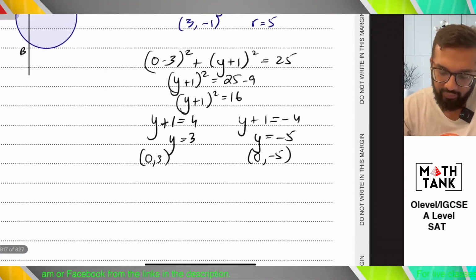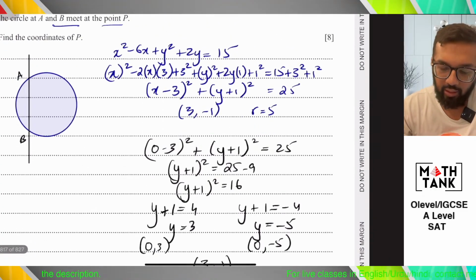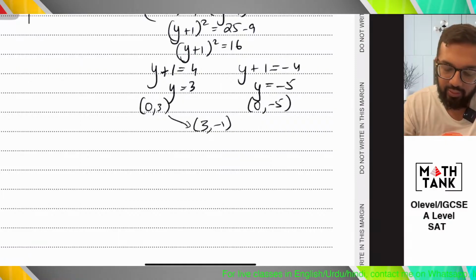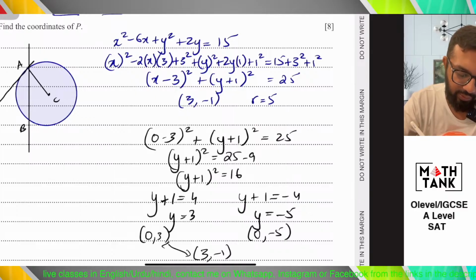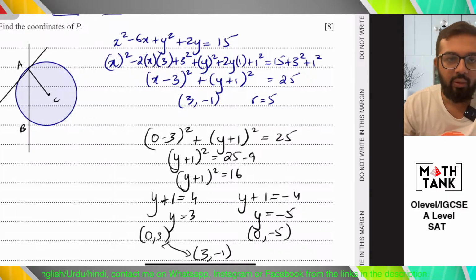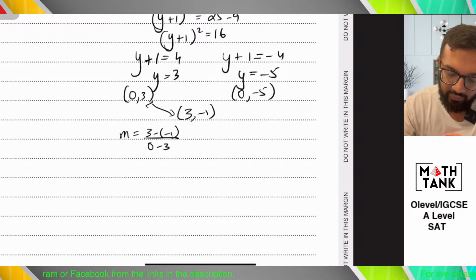For the equation of the tangent, I will have to take the center of the circle and find this gradient, and then negative reciprocal it to find the gradient of the tangent, which is going to be somewhere here. Okay, so let's find the gradient first. 3 minus minus 1, 0 minus 3, so that's 4 over minus 3. Negative reciprocal